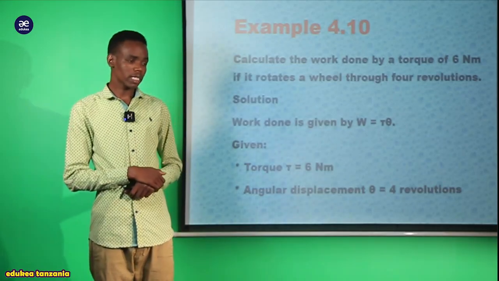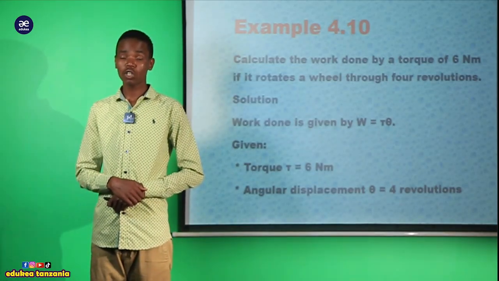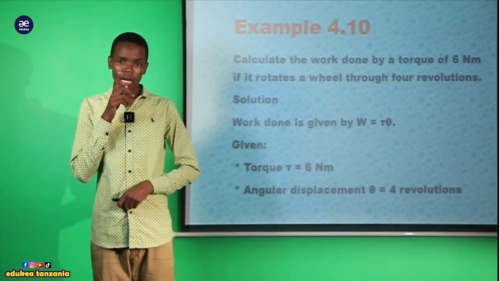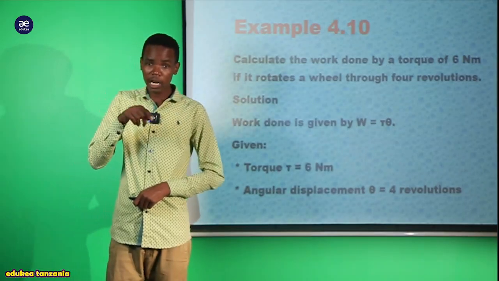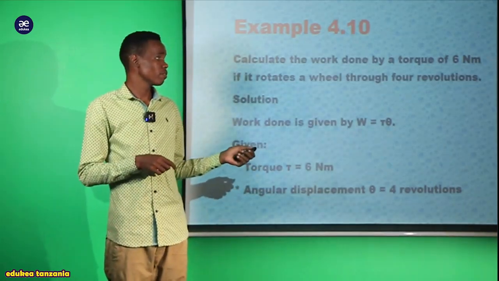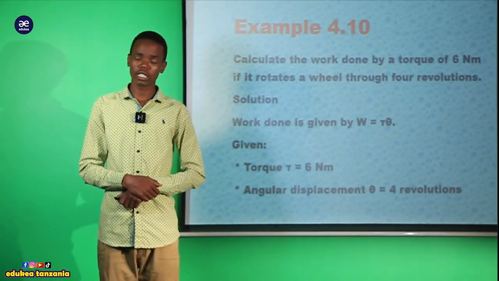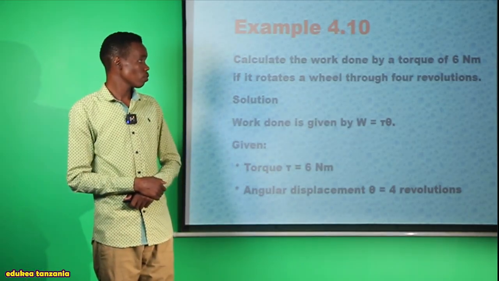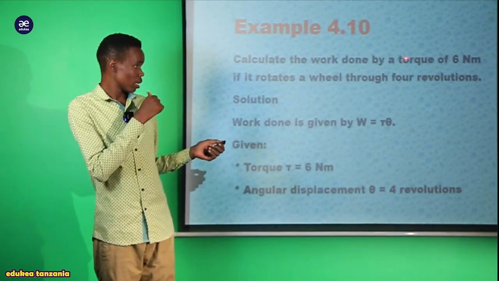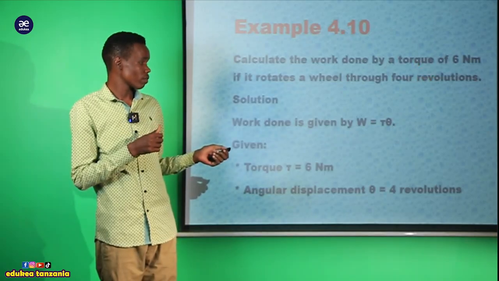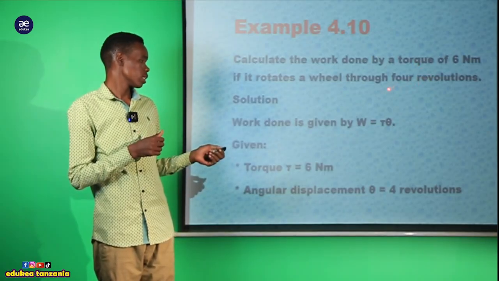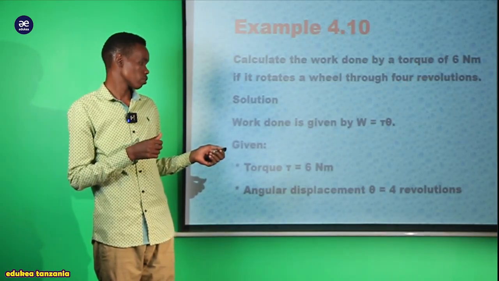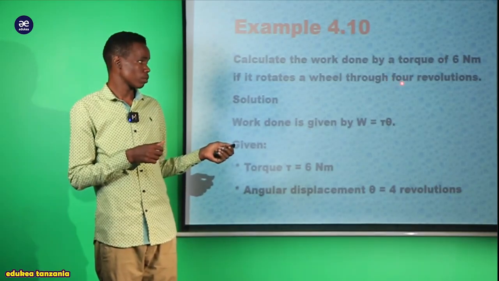The torque that causes the wheel to proceed rotating, we have been given, which is equal to 60 Newton meter, and also the